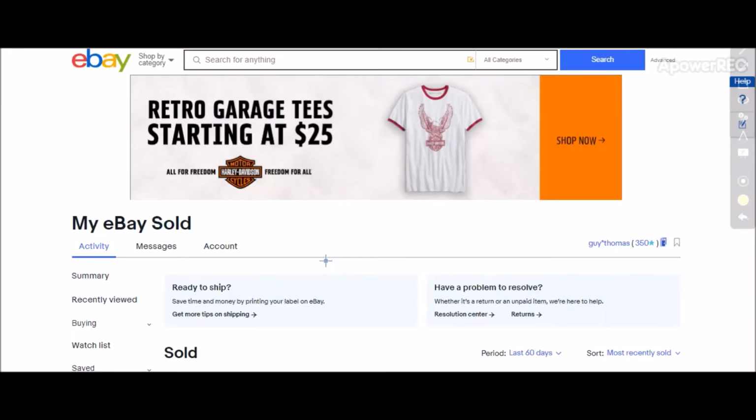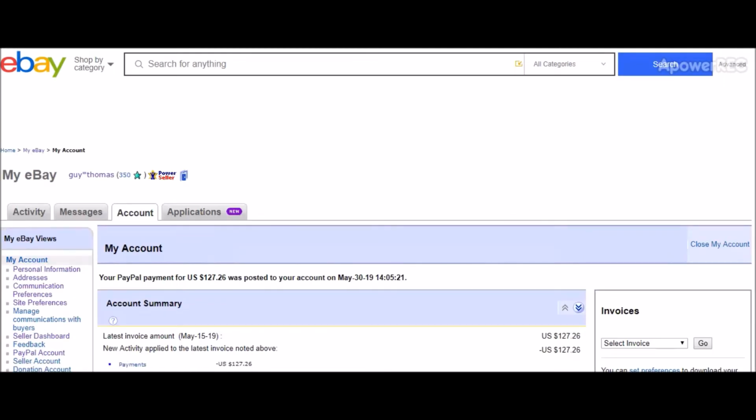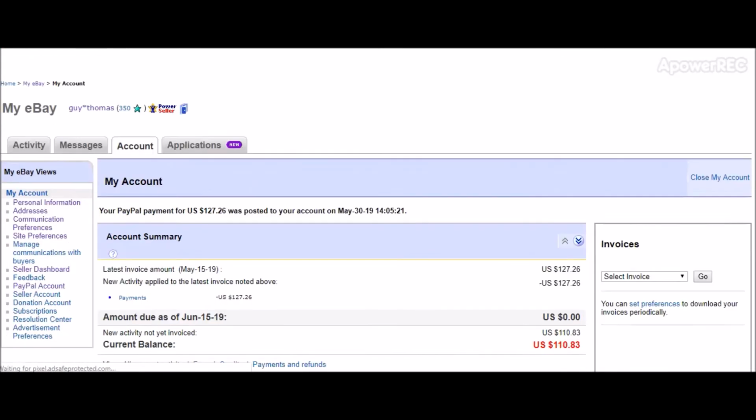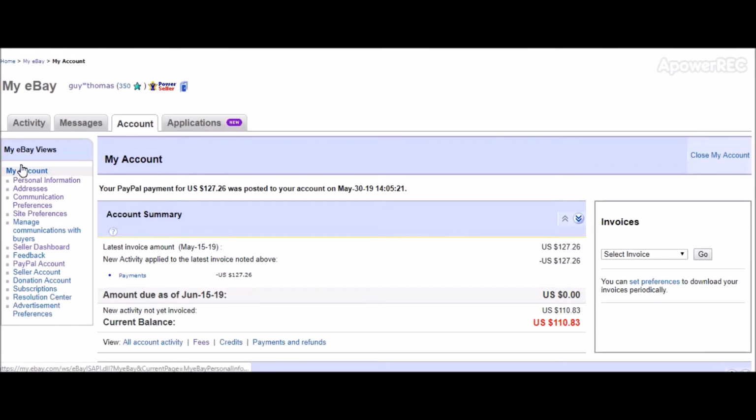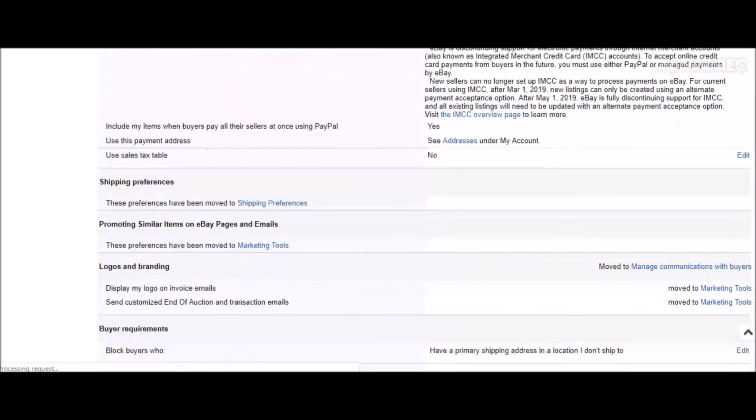Okay, so very simple to turn it on. Once you go into your eBay, you're going to go over to this tab right here where it says account. And you're going to click on that. It's going to bring you to the account page. Over on the left hand side where it says my account and you have all your different choices, you're going to click on site preferences. It's going to bring you to all your options. You're going to scroll down a little ways,